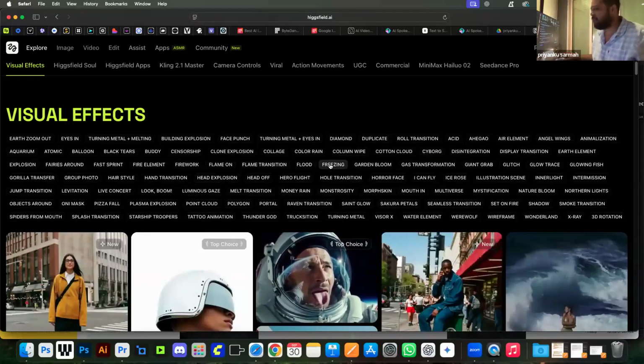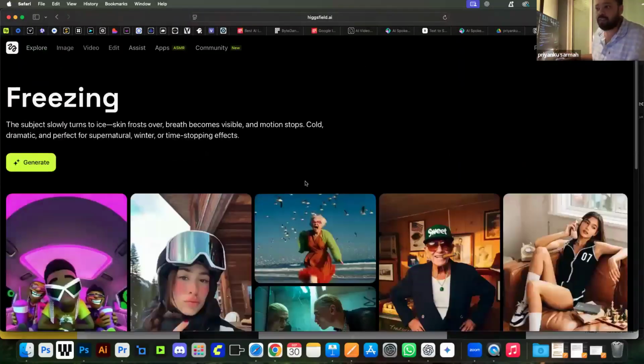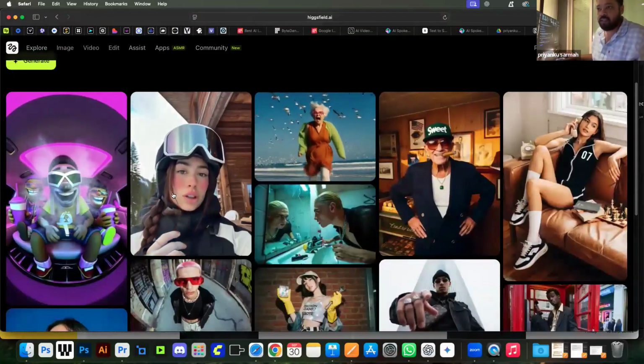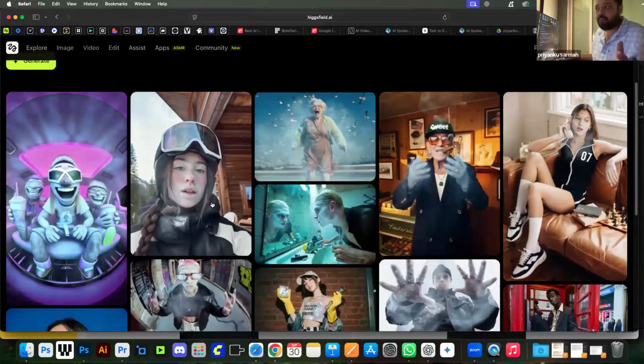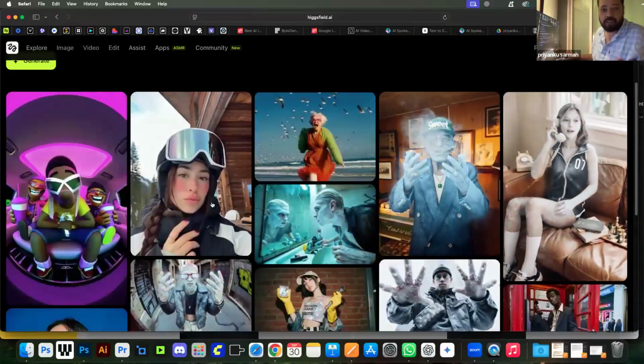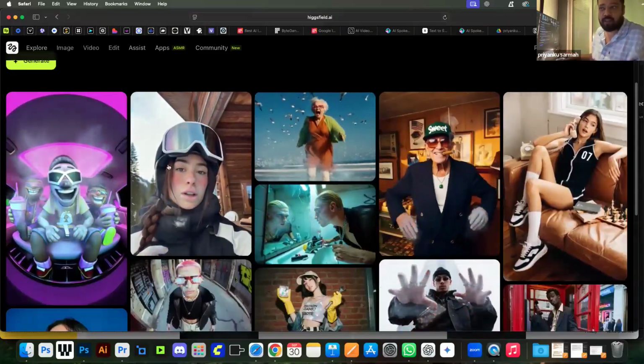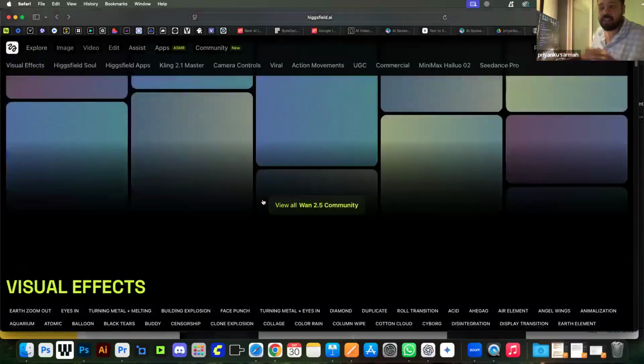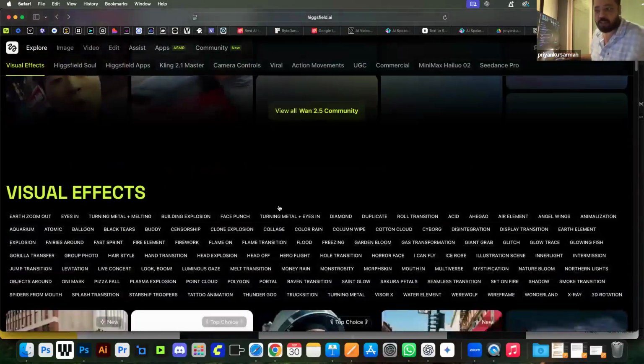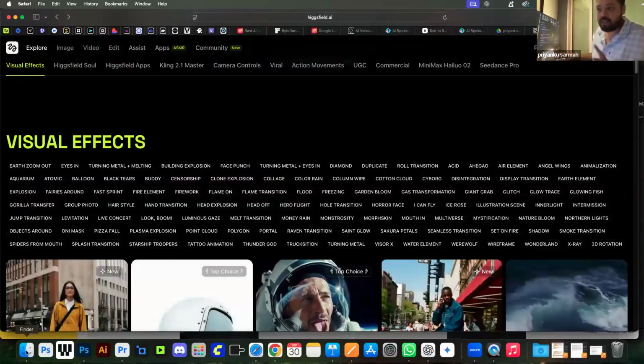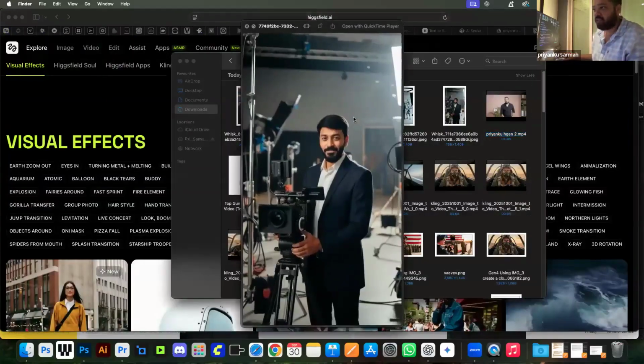For example, you are doing something about the world freezing. Check out what freezing looks like. So this is the effect that Vaibhav used for his ChatGPT video. He used the freezing effect. So like that, you choose an effect that aligns with the kind of message you're trying to portray. Once your hook video is done, which is going to be this video,